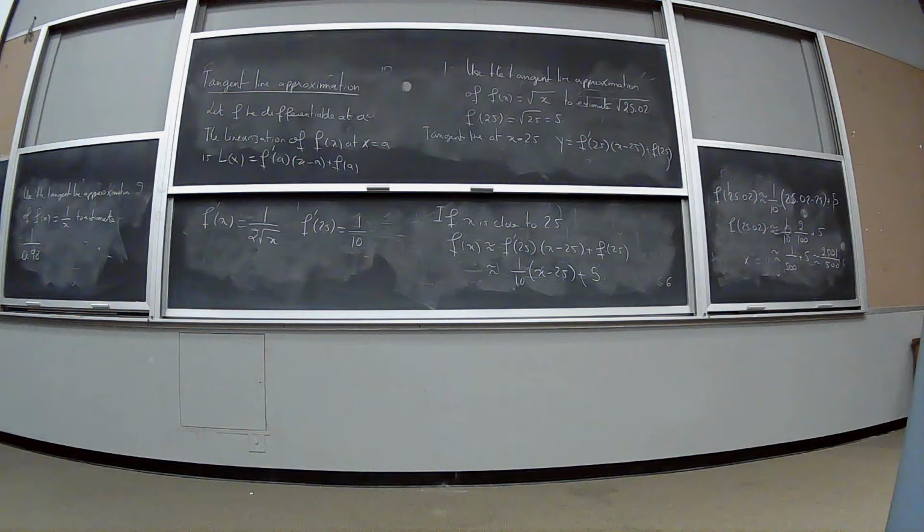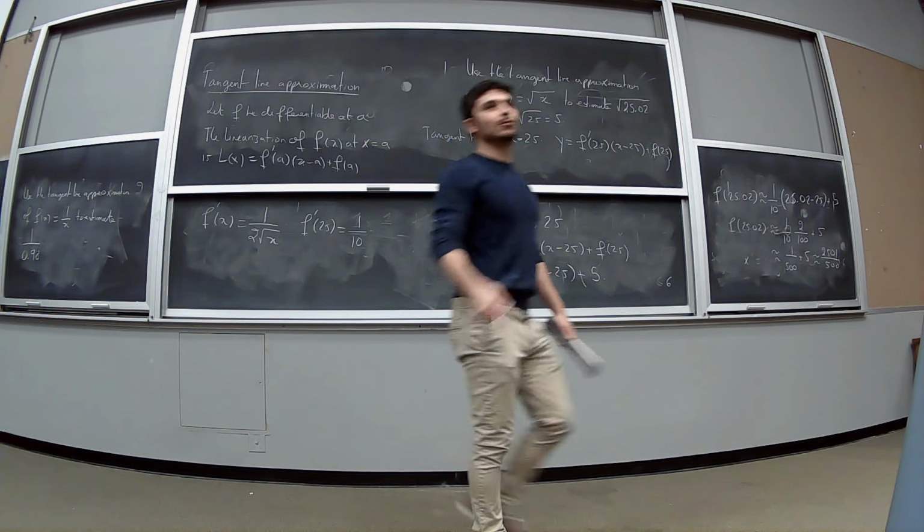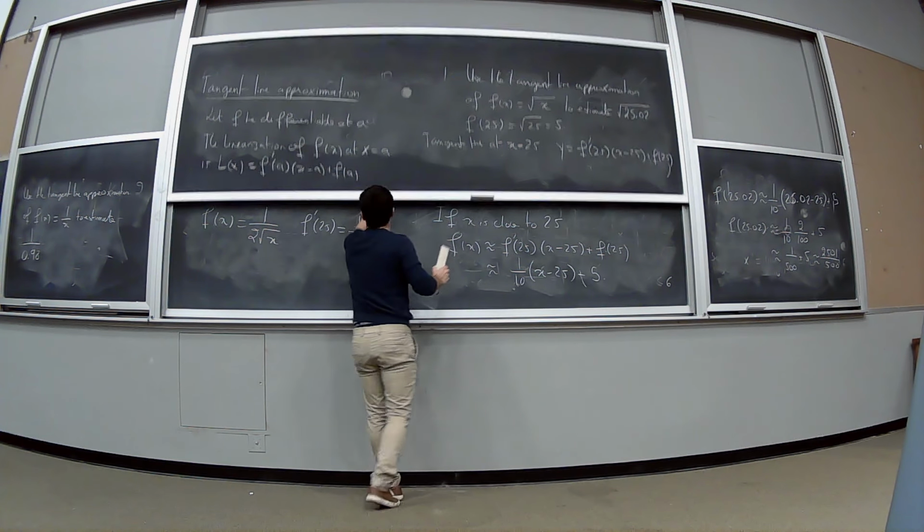I mean, it's not bad. This is not bad to do, but let's try to do the tangent line approximation around a suitable point. What's a suitable point here? What is close to 0.98 that is easy to find? 1, exactly. So the tangent line of f of x